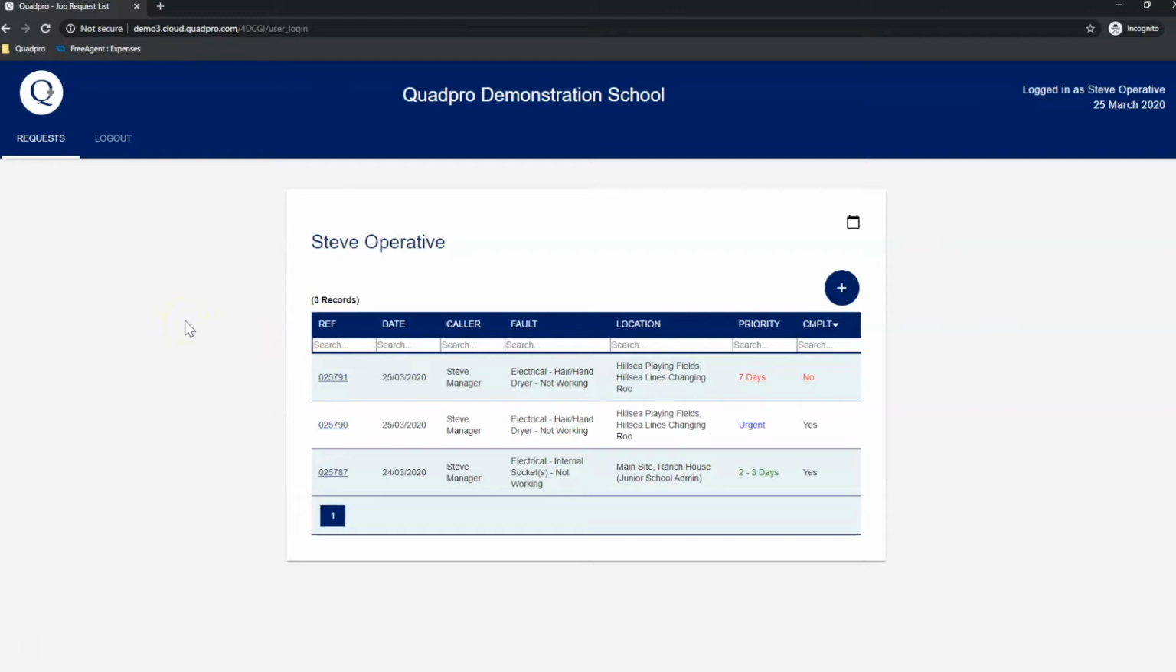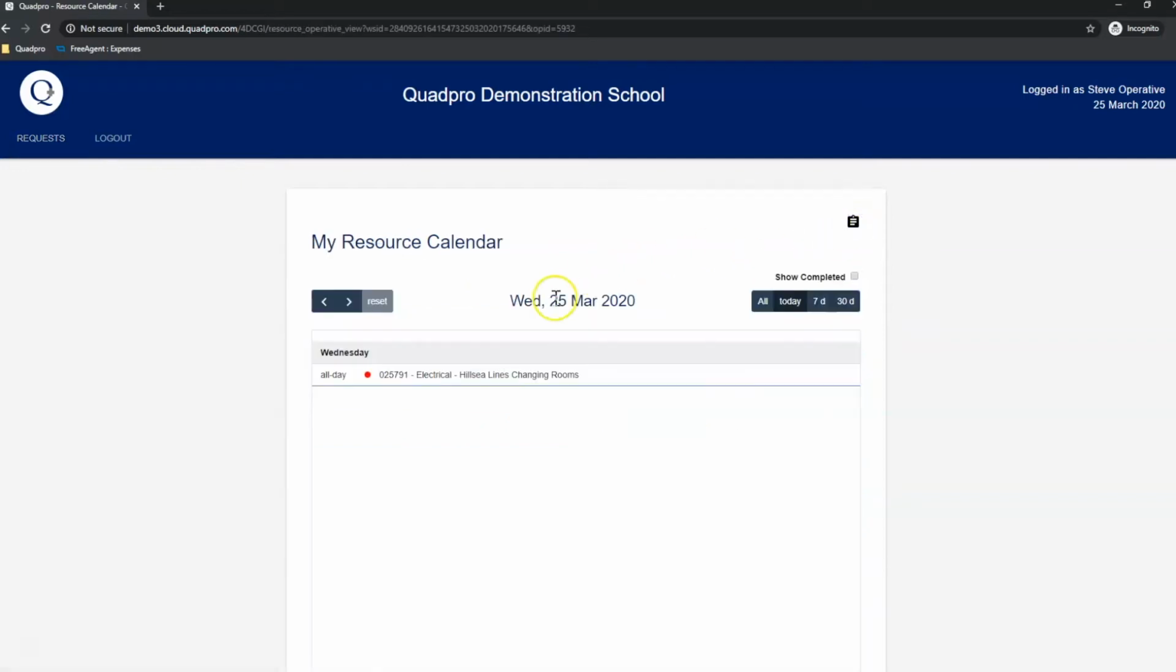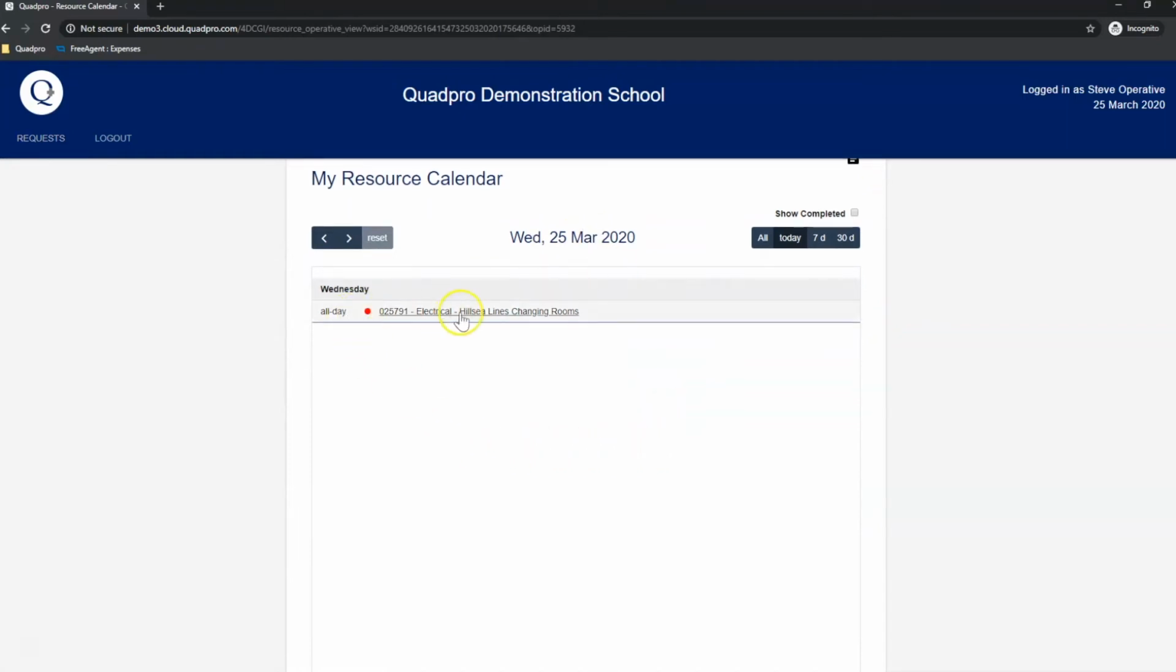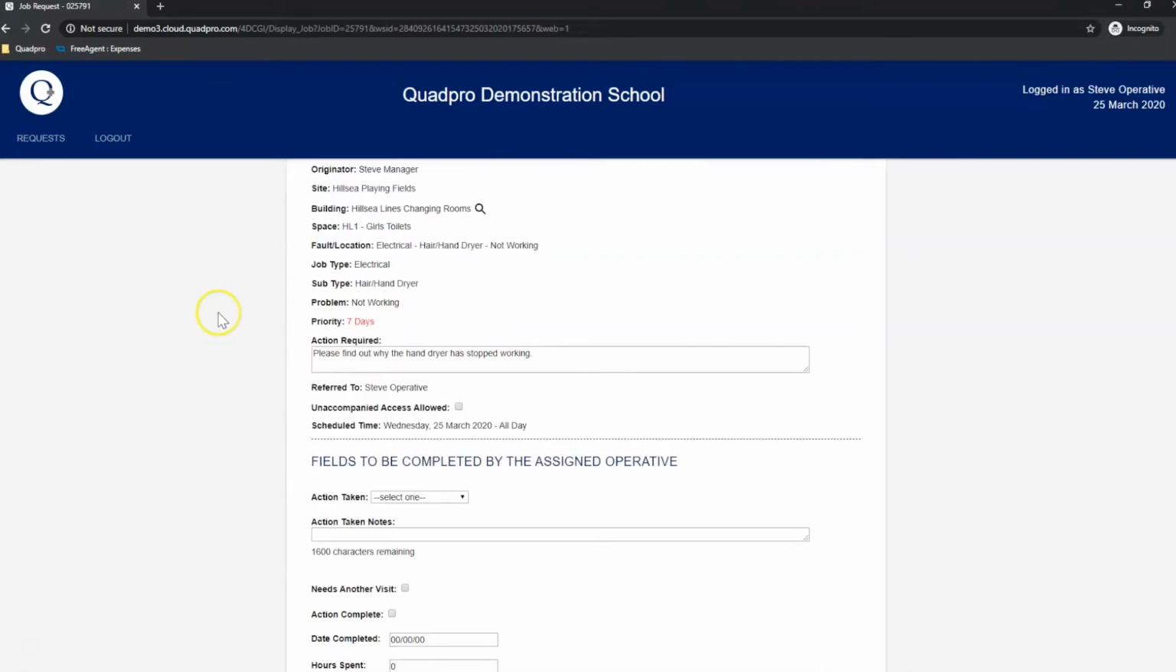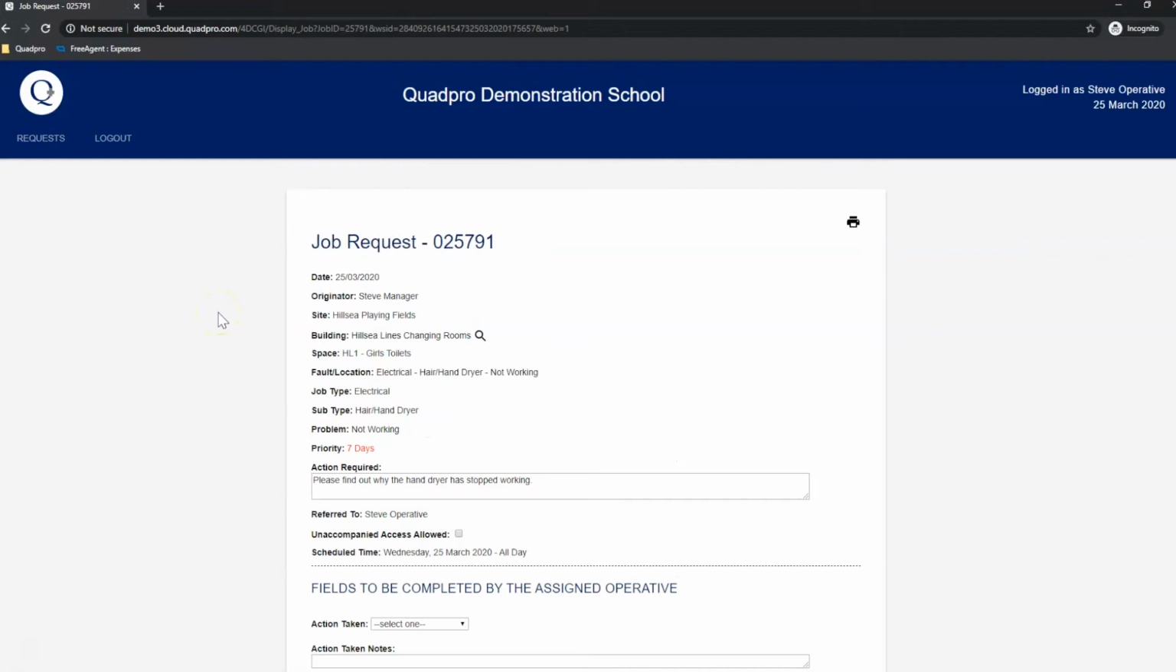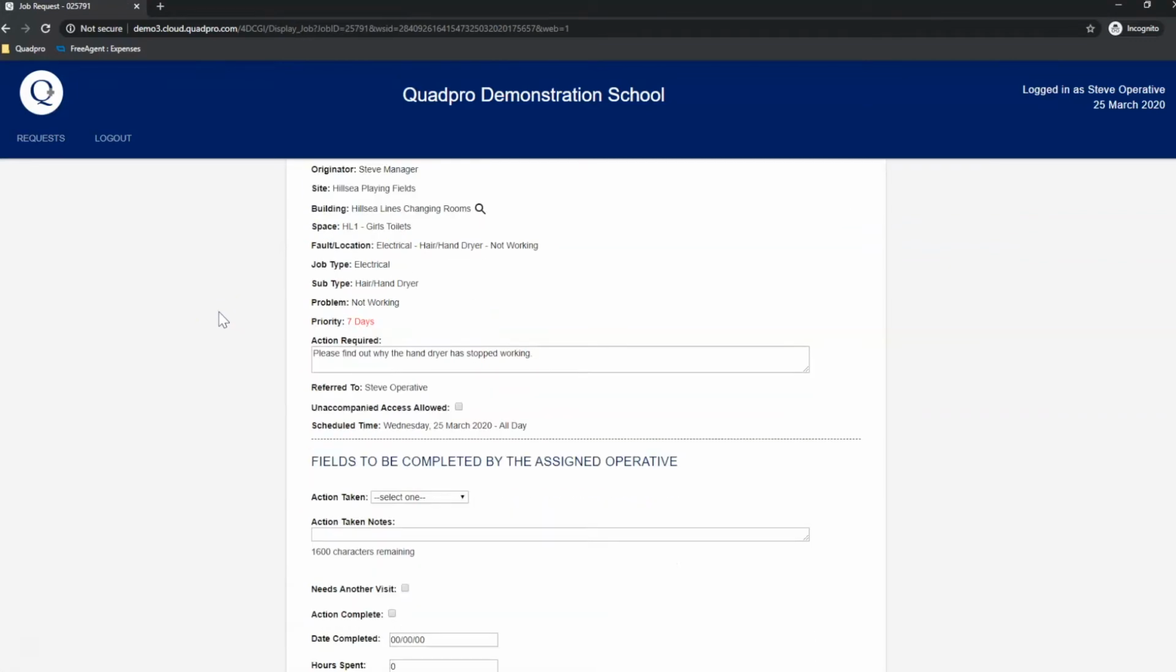Once you have successfully logged in, you're presented with a list of jobs you have been assigned to. You can click on the calendar icon to see the job request that you have been assigned to complete today. By clicking on the job request number, you are taken to the job request displaying all the information about the job request that you've been assigned to